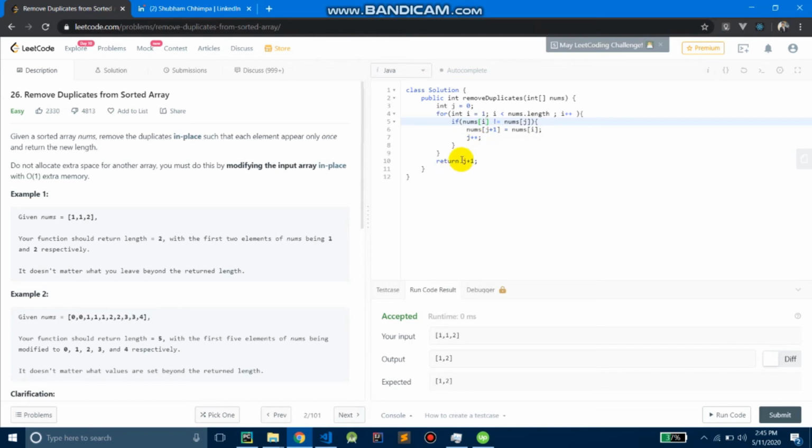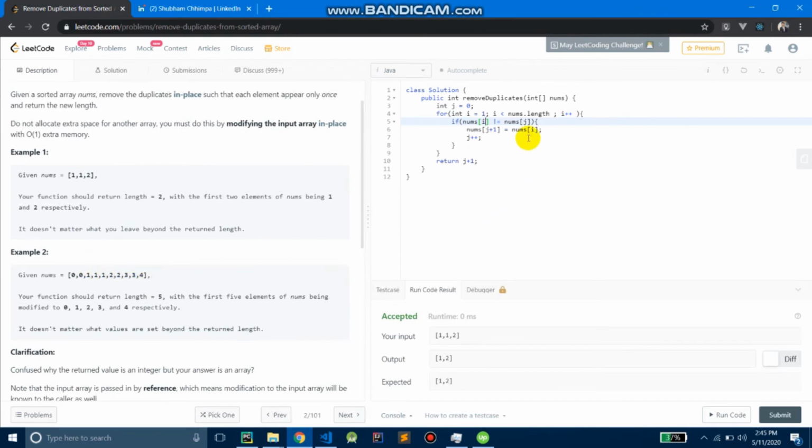At last we will return j plus 1, which will be the length of that sorted array. In this way we will not use extra memory to copy the array.